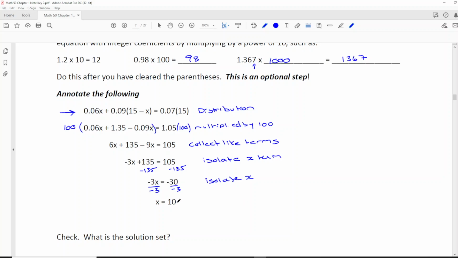So if I was trying to keep it quite generic, I could say even this step, I didn't have to say multiply by 100. I could have said multiply to get rid of the decimals. So if I was looking back at steps to take when solving linear equations with decimals, what would I do? Well, step number 1, distribute. Step number 2, multiply each term by a factor of 10 to get rid of the decimal. Step number 3, you're always simplifying. So whether you distribute again or whether you collect like terms,